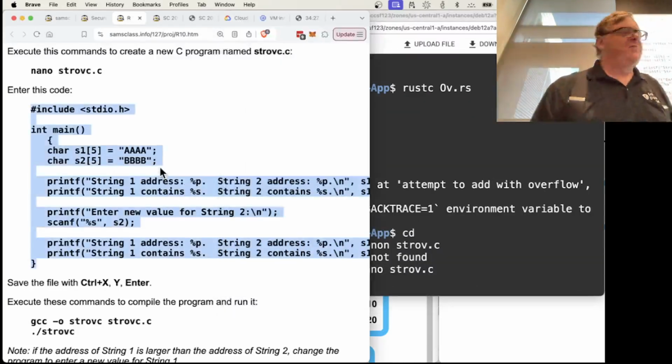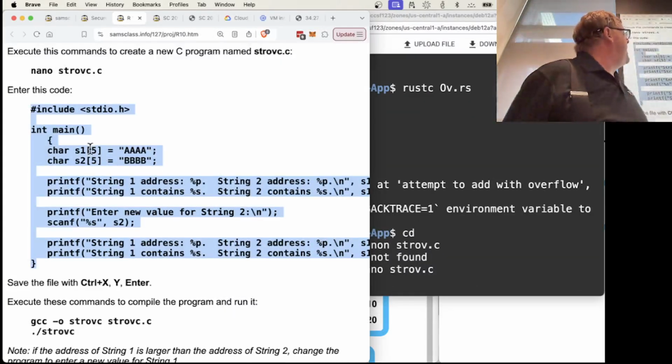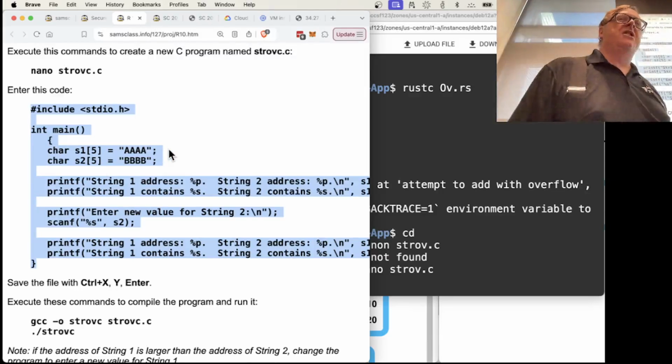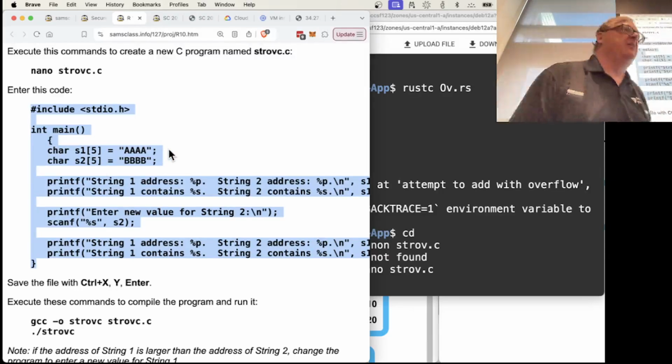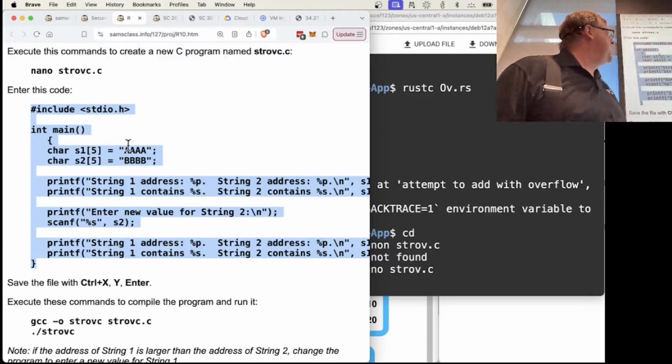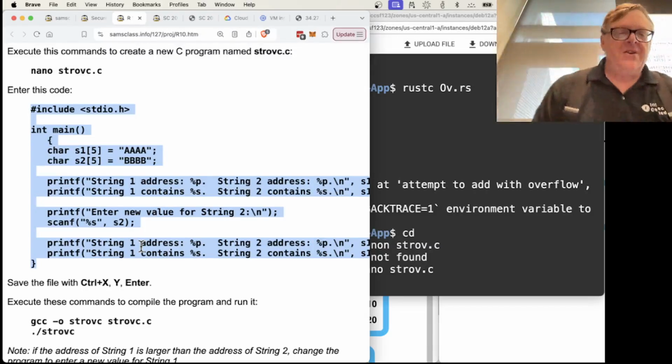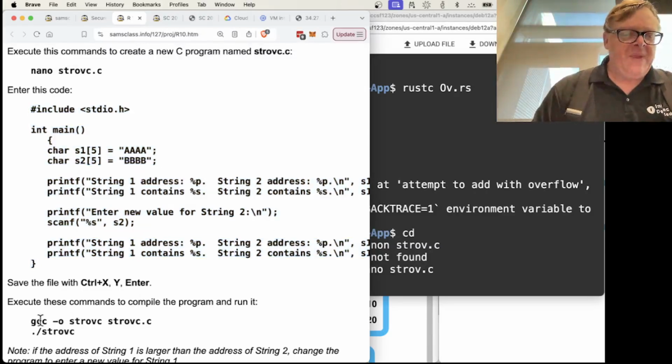And you can see here I define two strings. They're each 5 bytes long, so they have 4 bytes in the room for the null byte at the end, which is another, by the way, terrible decision of C developers. So now I have 4 bytes. I store 4 letters twice, and I print their addresses. Now I read in a new value for string 2 and print them out again. So if I run this one,